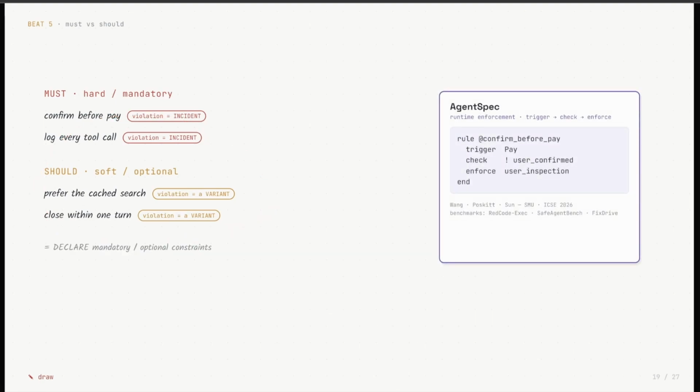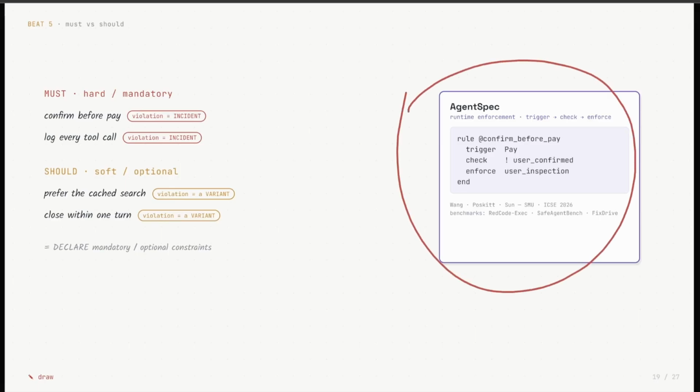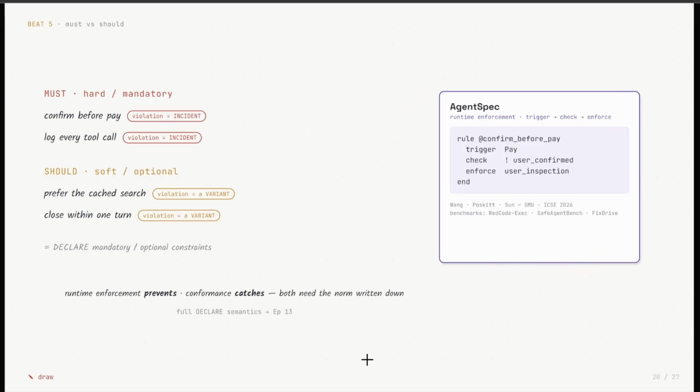Now, you can enforce musts at runtime. This already happened with AgentSpec, and it's a clean precedent. Each rule here is a trigger. You have your check, you have your enforce. For example, on pay, if the user has not confirmed, you force an inspection, as you can see in this pseudocode. You always need to keep one distinction straight: with AgentSpec,